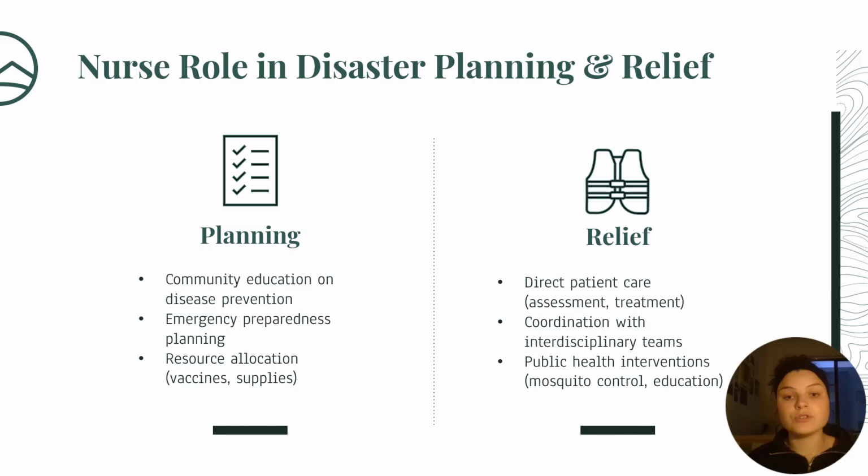After a disaster, nurses provide immediate and ongoing care. They perform triage, treat injuries, manage chronic illnesses, and help prevent infectious disease outbreaks in disrupted healthcare environments. Nurses also collaborate with interdisciplinary teams to coordinate resources and ensure continuity of care when systems are often overwhelmed. Public health interventions such as hygiene education, sanitation support, and vector control like mosquito prevention are essential in reducing post-disaster